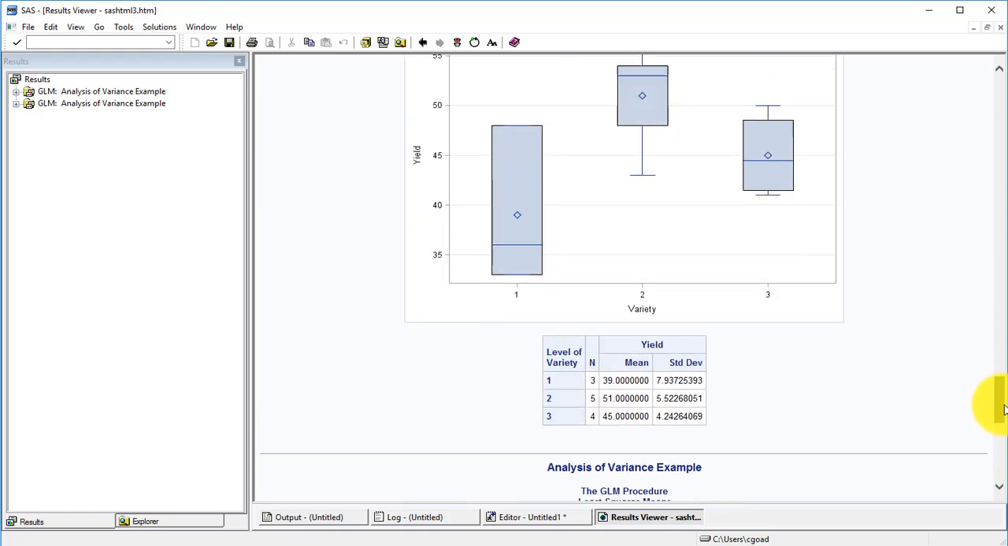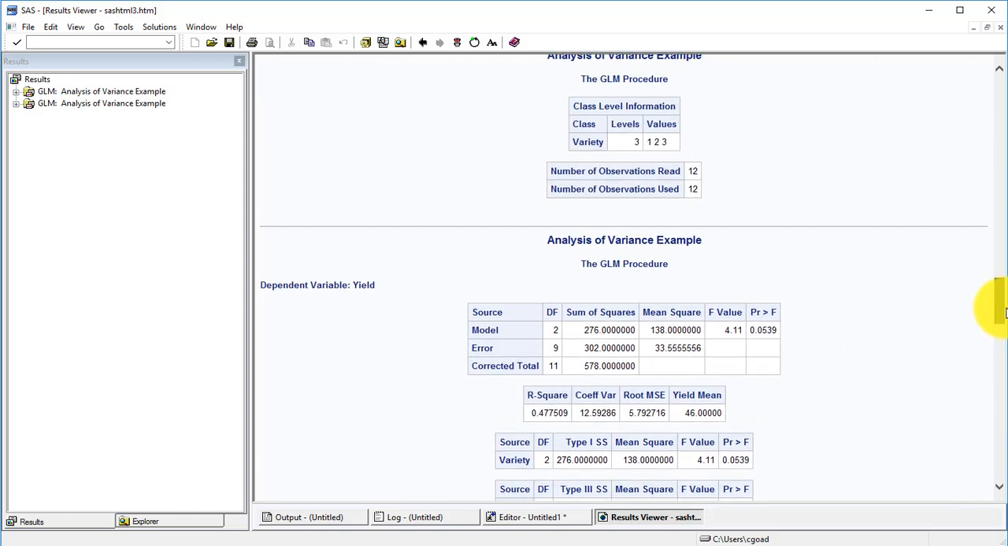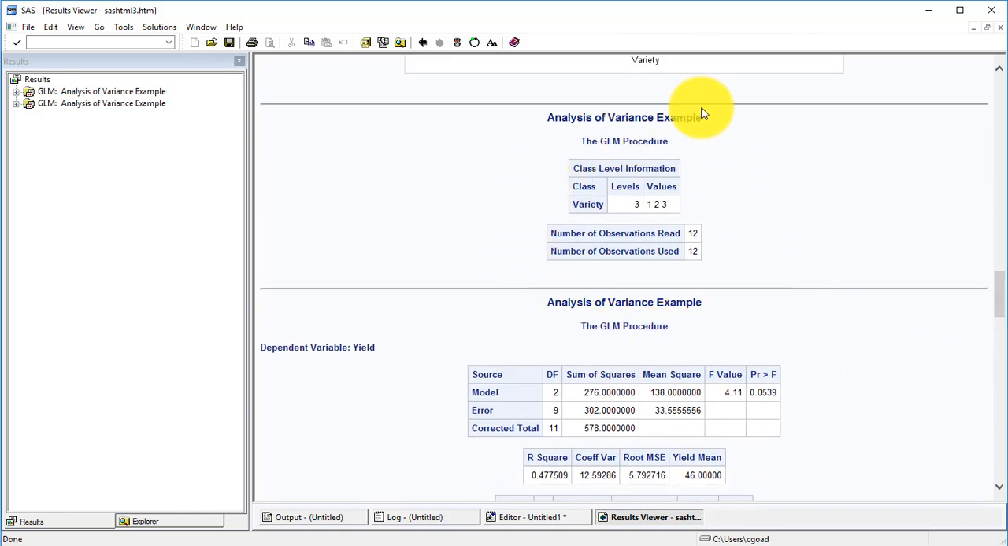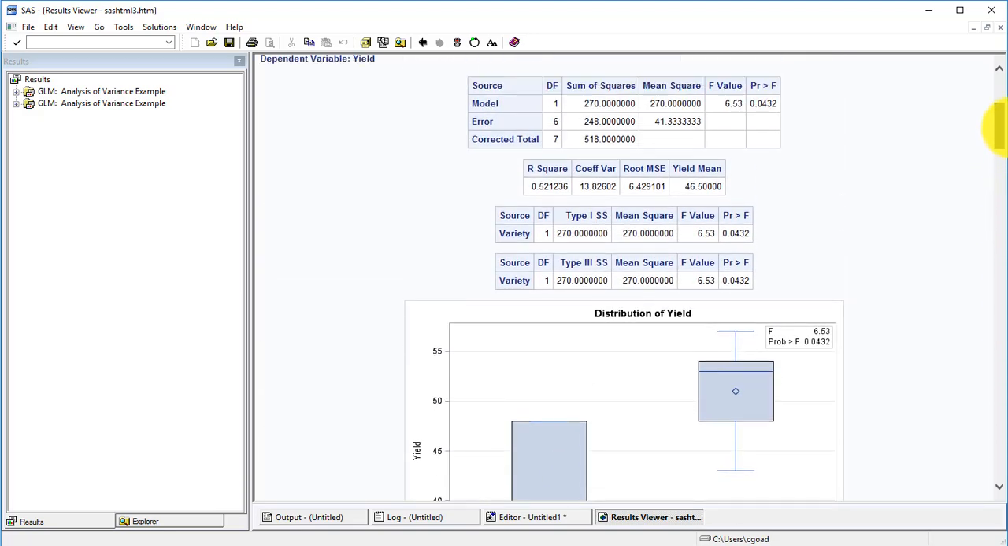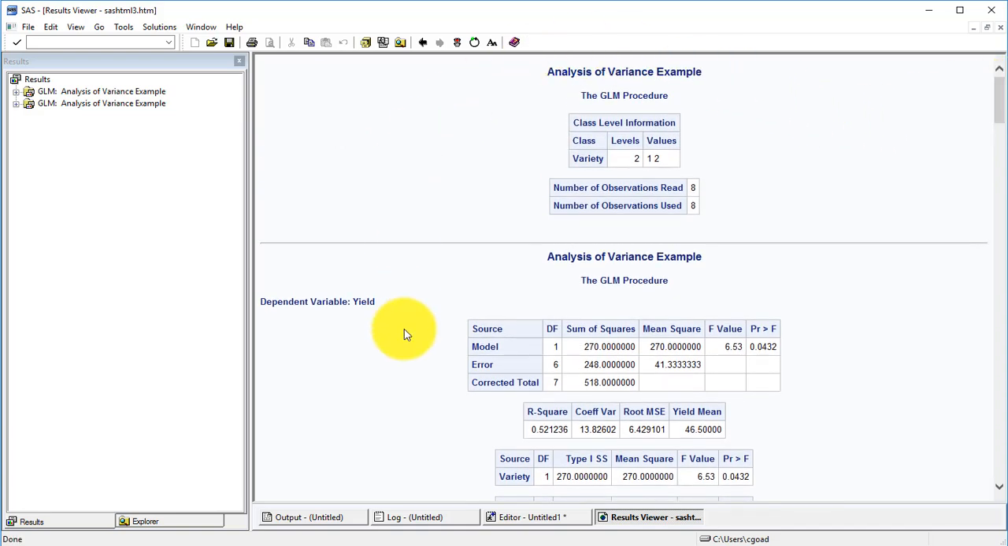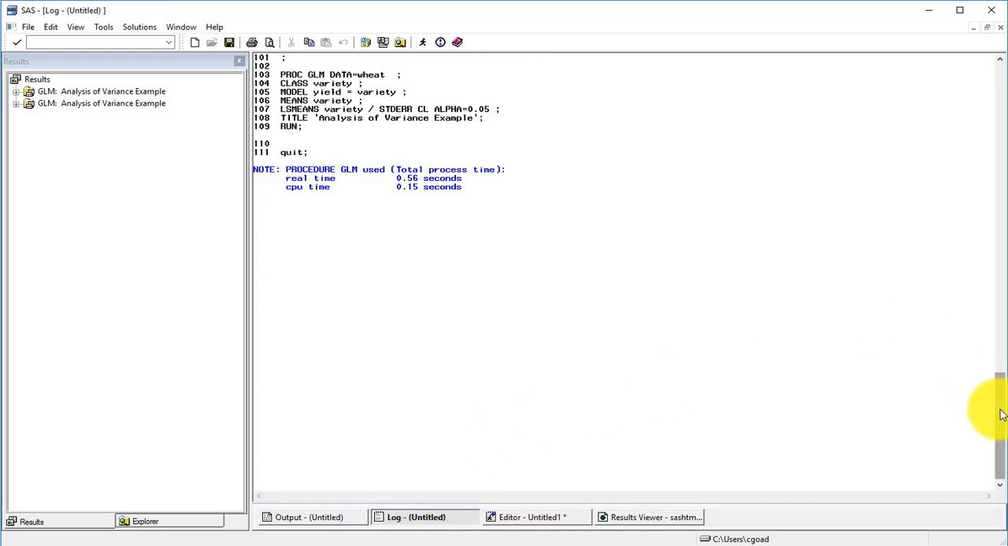But when we scroll up, we see this analysis of variance example that we started with, and we scroll back up some more, and we see the first one where we didn't have any of variety 3 due to that data error I created on purpose. So we have an accumulation of information in the results viewer, and if I move to the log window and scroll up there,